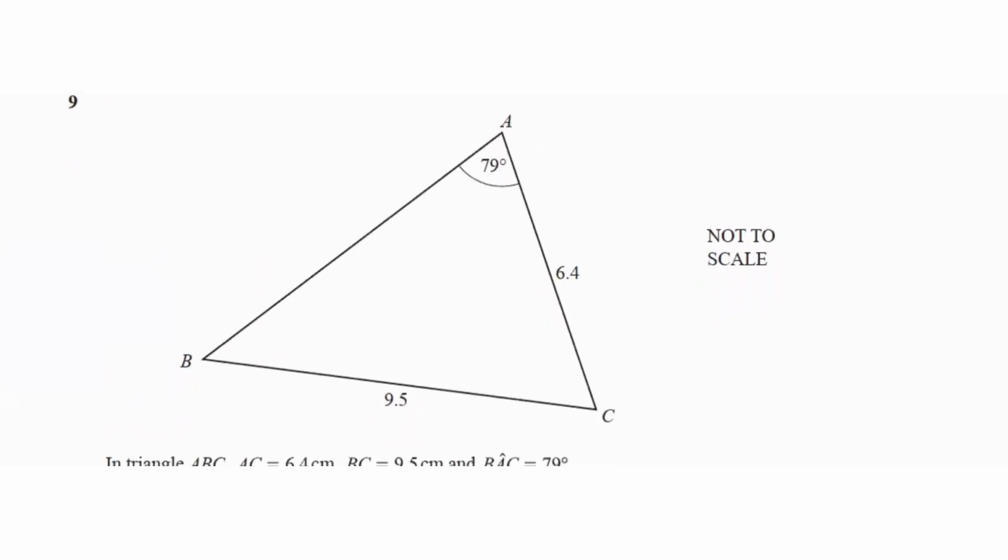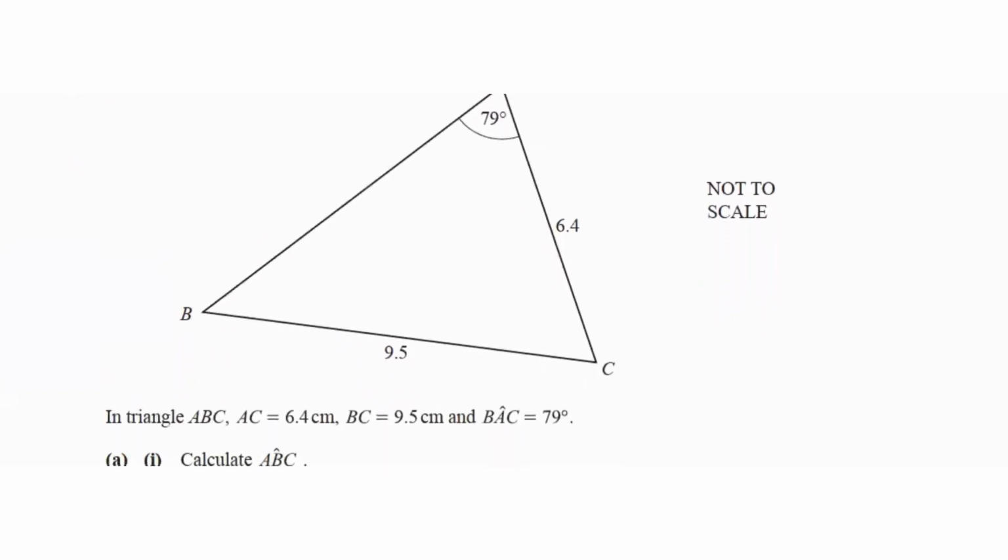Question 9 says in triangle ABC, AC is 6.4, BC is 9.5, and angle BAC is 79. Calculate angle ABC. So we're trying to find this angle. For this angle, we can see that we have one complete set of angle and side, and for the other side, we have the side and we need to find the angle. So we can use the sine rule,